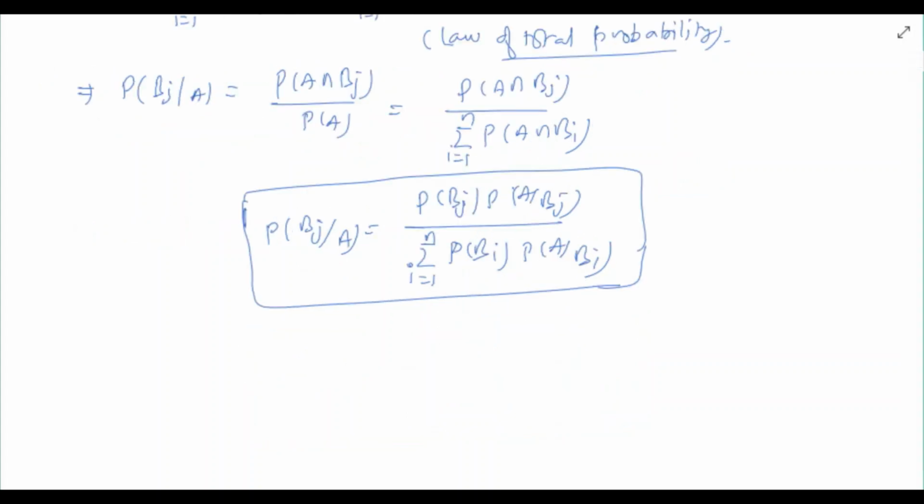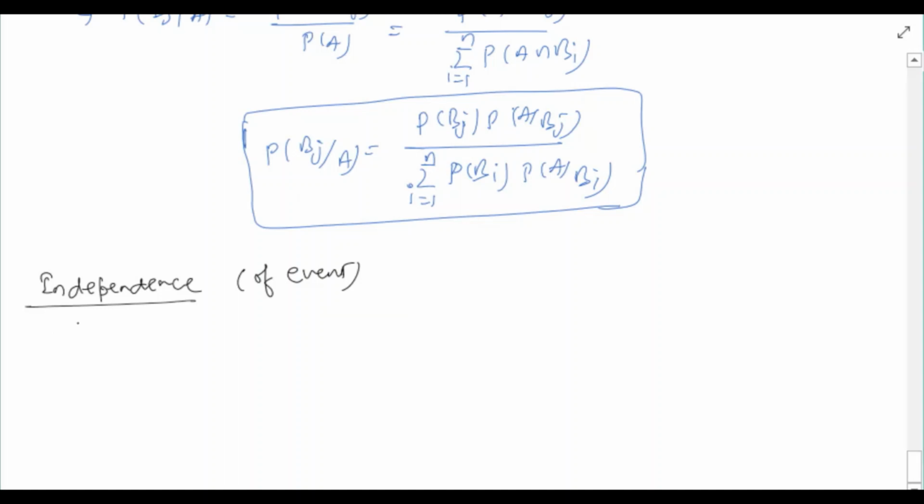Let us now move to the next notion, that is of independence. In the forthcoming lectures, we will study independence of random variables. So just to distinguish this notion, we explicitly say here independence of events. Let's define what we mean by independence of events. Say A and B are two events. These are called independent